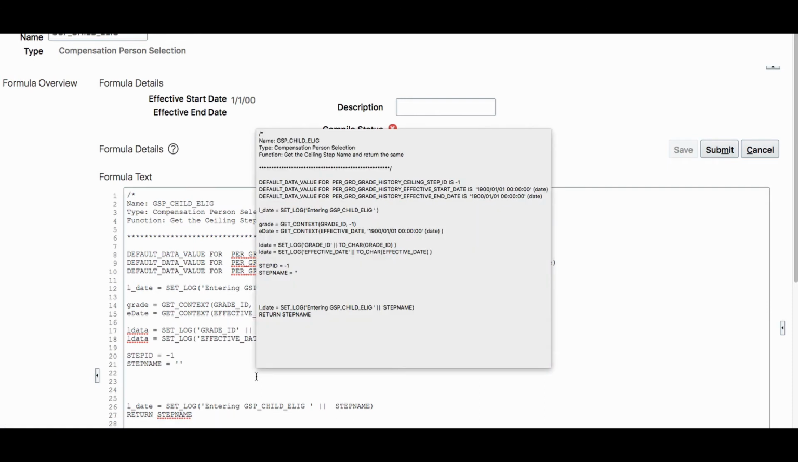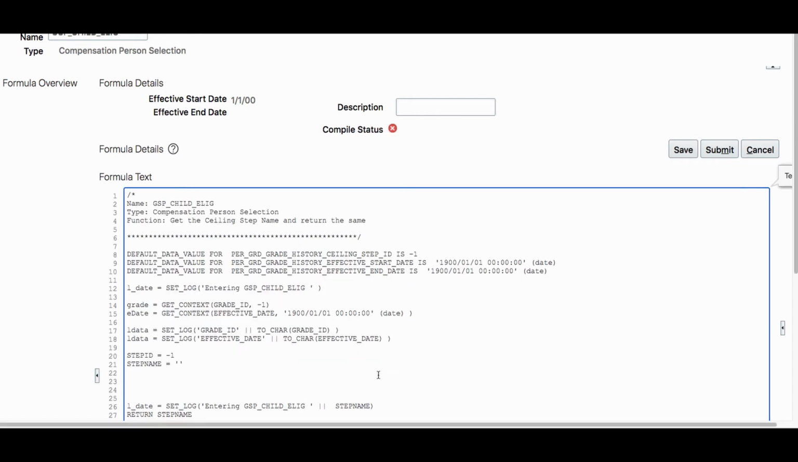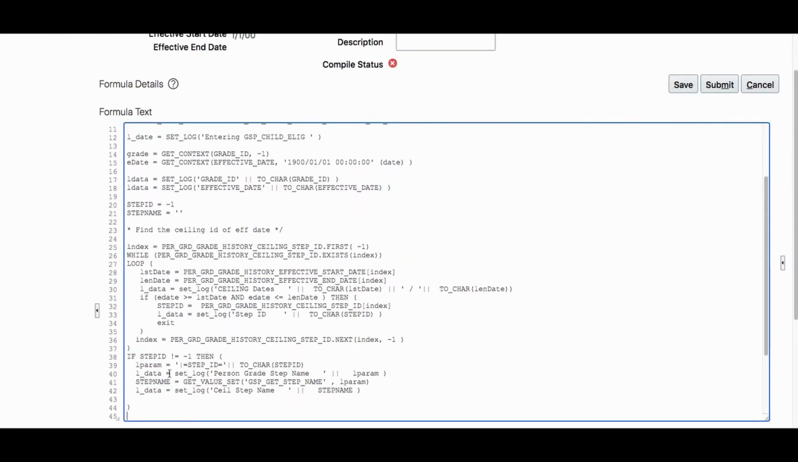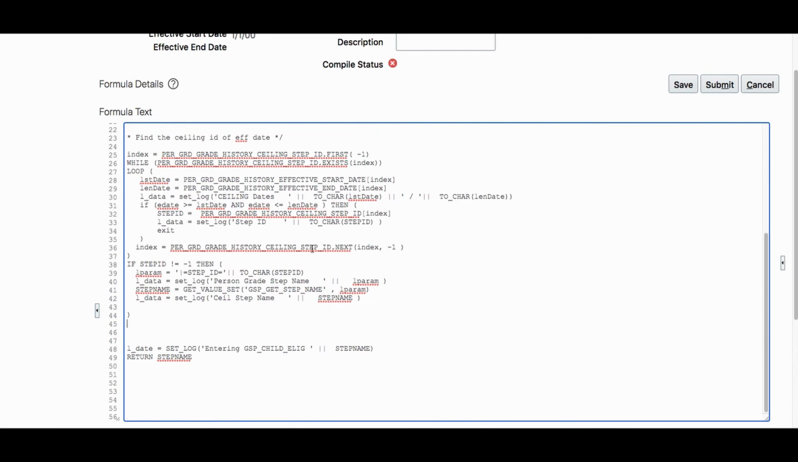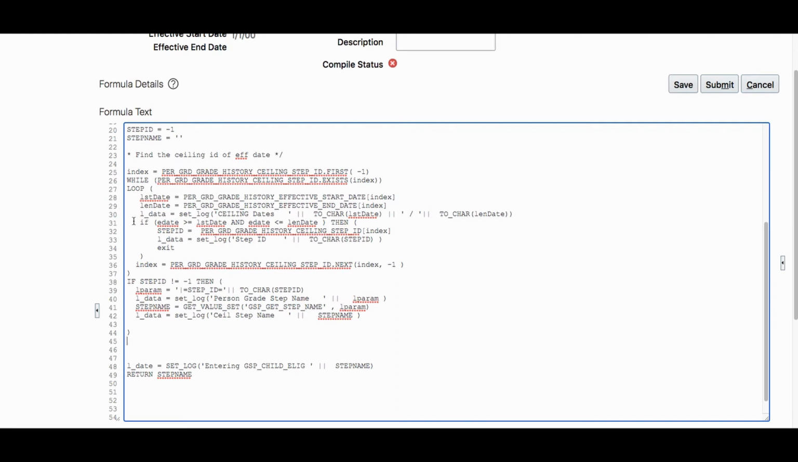I know the starting point. Now I have to put in the logic to get the step name. I'll copy and paste that because we already explained it line by line in the person selection formula. I'll copy and paste the logic, then I'll explain it. We are getting the first index of the step ID. Then we go through the ceiling step ID, taking the first index, using the index to go through it. Then we take the start date and end date, and we log that if the start date and end date are within that effective date,